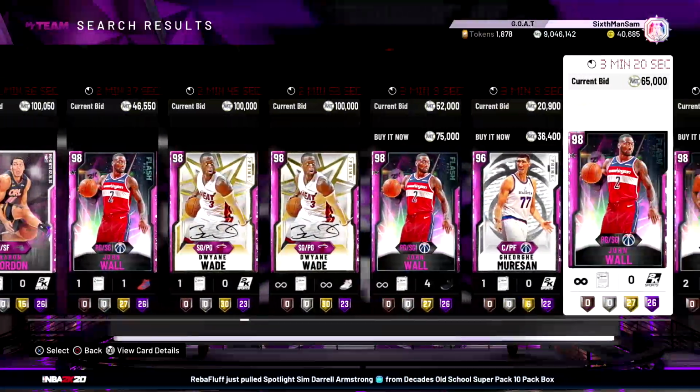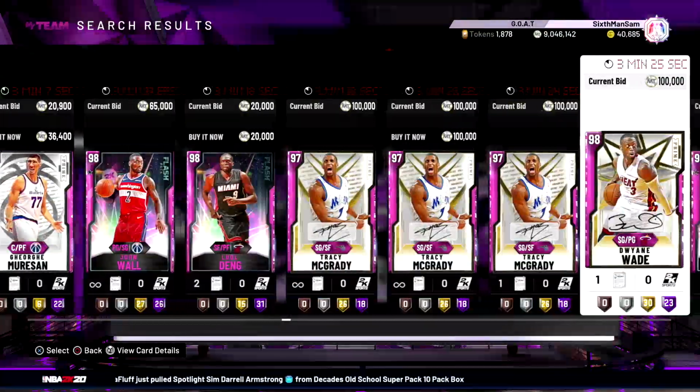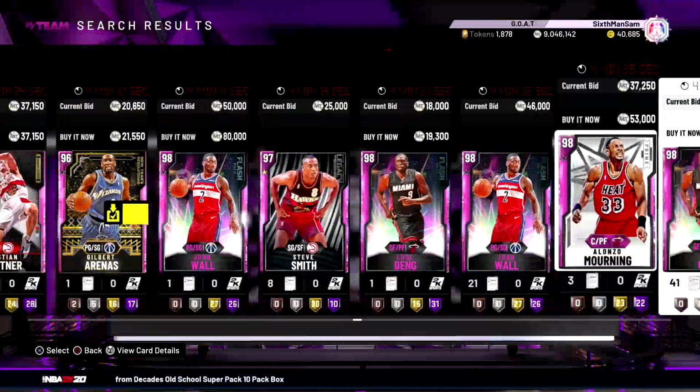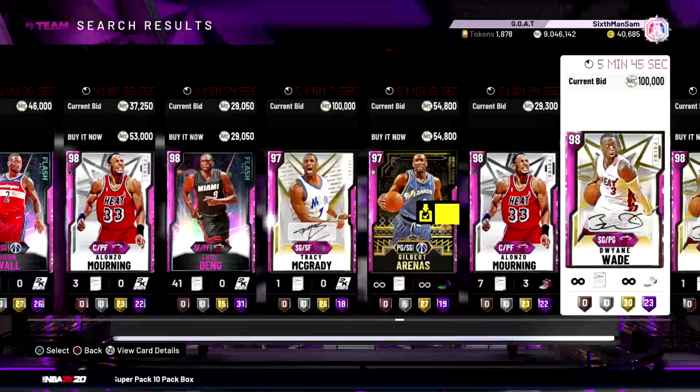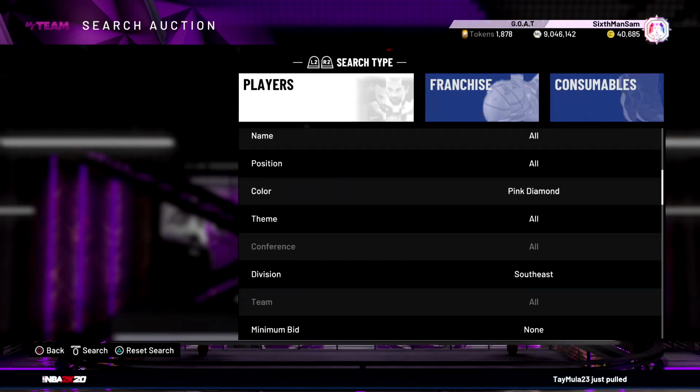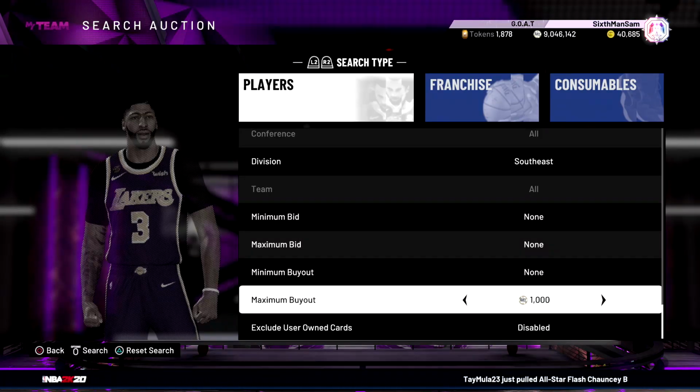So there's definitely a lot of cards. George Gervin as well, T-Mac. There's a lot of cards in this filter that can pop up. Steve Smith, for example, as well. And I believe Bam Adebayo, the pink diamond, pops up in this filter as well. So a lot of cards can pop up in this filter. A lot of sneaky cards that go for a lot more than people realize, that people will be throwing away in these super packs. So again, southeast,